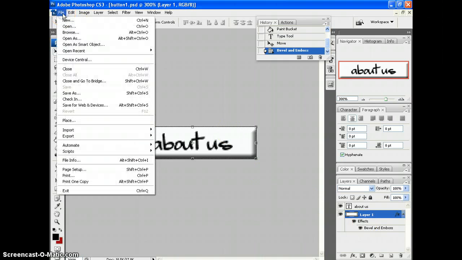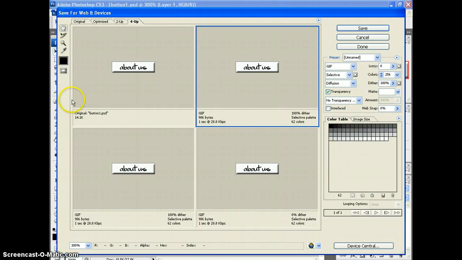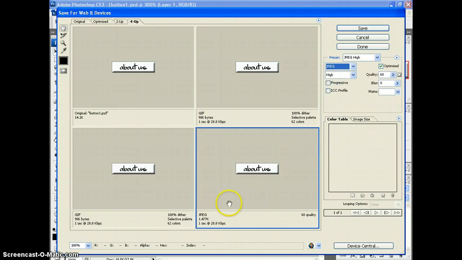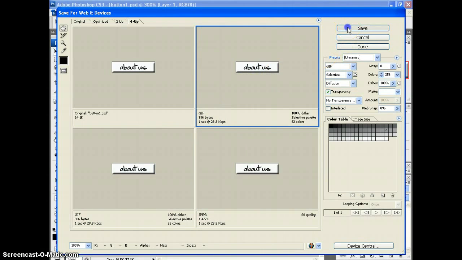The next thing is I'm going to go to File, Save for Web and Devices. And you can see the different sizes. Right now it's a GIF image, and that is what I want to save it as. I just want to show you if I were to change it to a JPEG, it would be a little bit bigger in size. GIF is good, especially if you want to have transparency, and because there are no pictures on here, a GIF is the right type to save this as. So we're going to select this. I'm going to click Save,